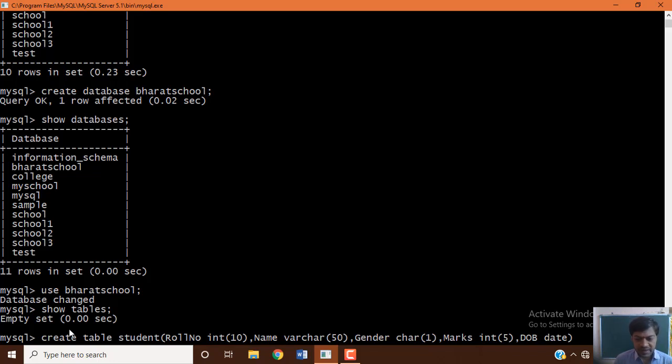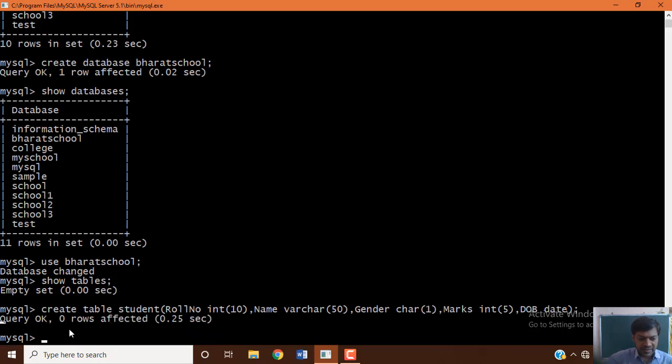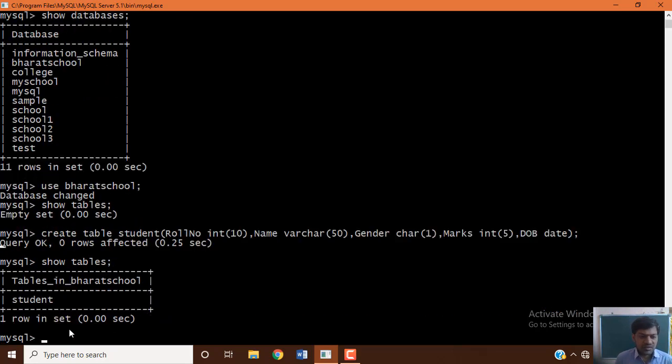End with a semicolon, then execute the query. Yes, query executed. Once the query executes without any error, your table is created. Now you can check with the show tables command that the table is under your database. Show tables. Okay, the student table is created.